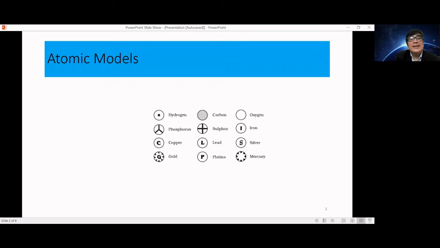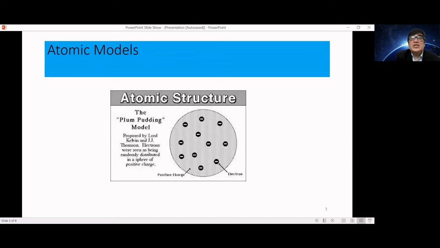So it's a very important way that Mendeleev described his table. And for his table, he had left some of the places empty. And later on, according to his proposal, these empty slots were filled up. Atomic structure. The plum pudding model proposed by Lord Kelvin and J.J. Thomson. In this model, the overall charge is still neutral, but what happens is the electrons are stuck on the